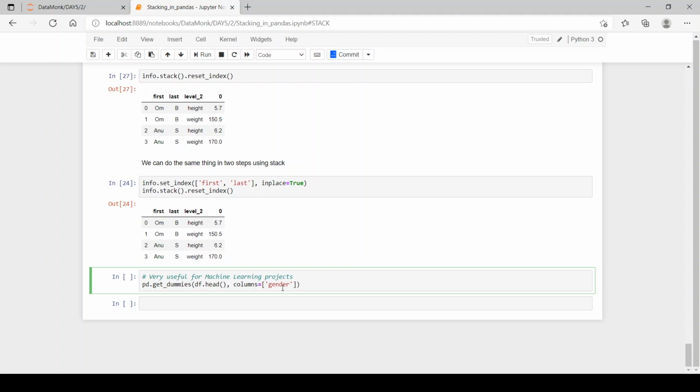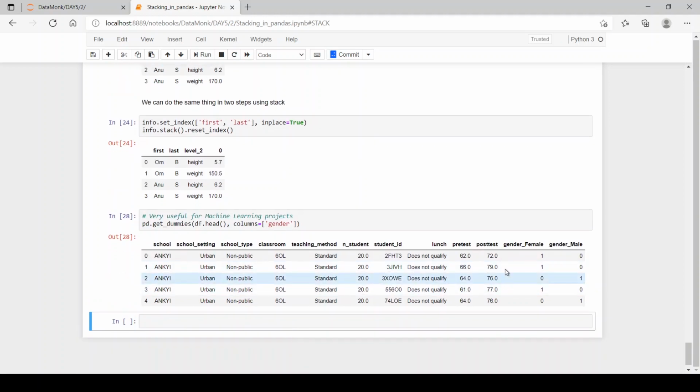So when we write pd.get_dummies and print df.head with columns equal to gender, we will have extra columns for gender with males as 1 and females as 0. As you can see, we have gender female, which gives 1 if female is present and 0 if not. If it is male then we have 1, and if it's not male then we have 0 in the separate columns.